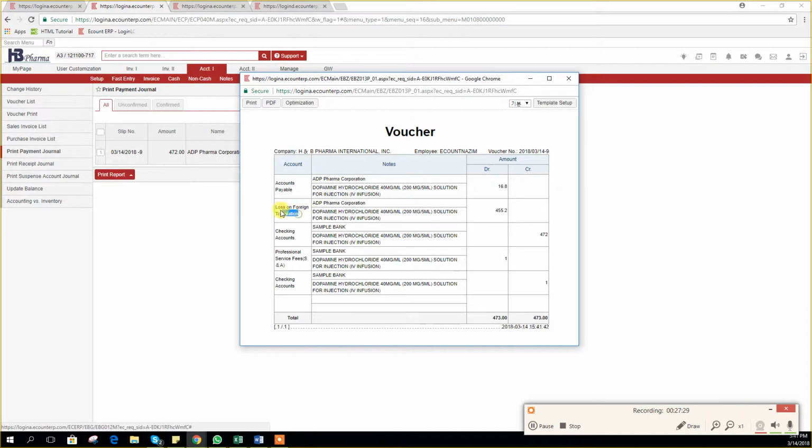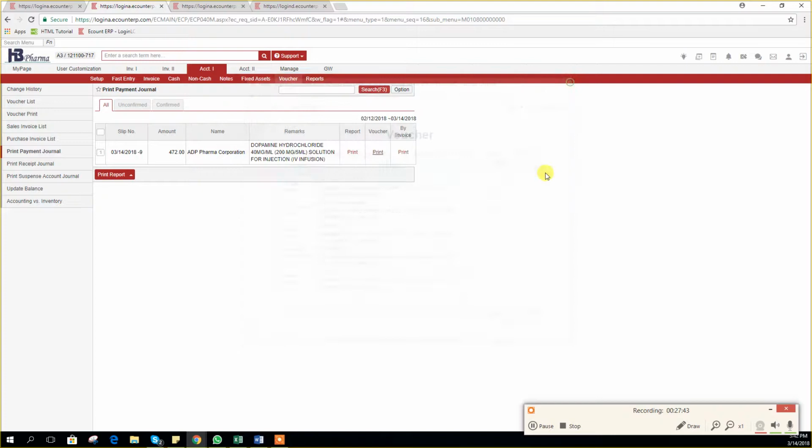How does it know this one is loss or gain? Because we already set up already. Of course, if it's a negative, you make a loss, it will go to loss. If you make a gain, it will make a gain. Alright, so now